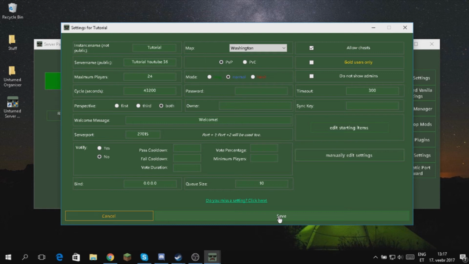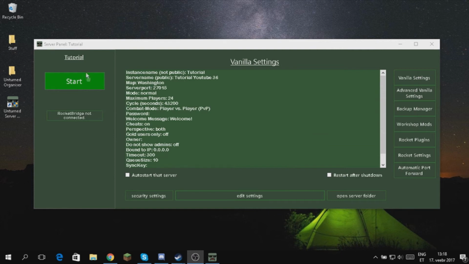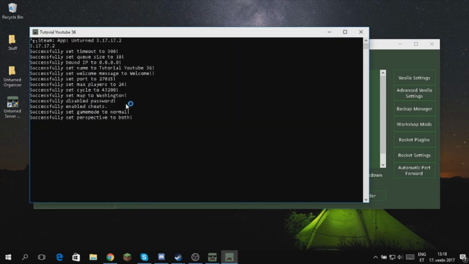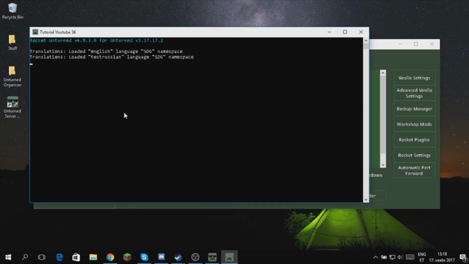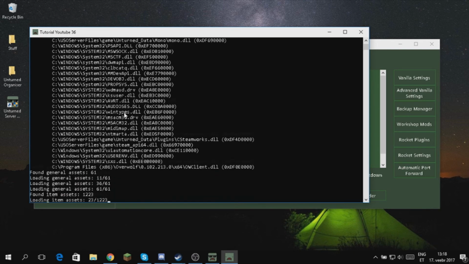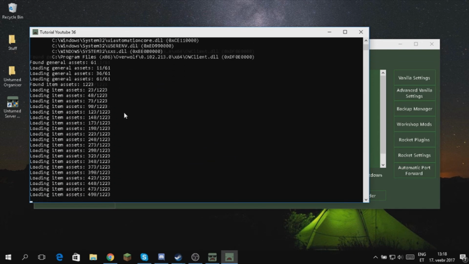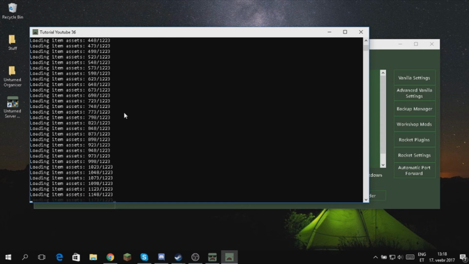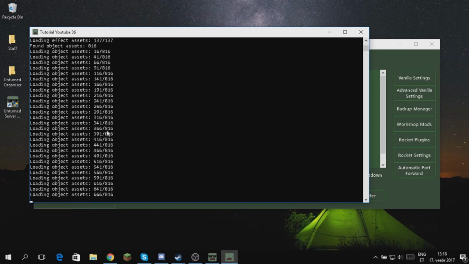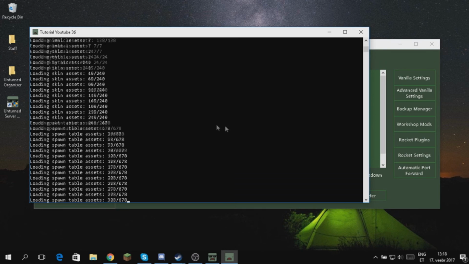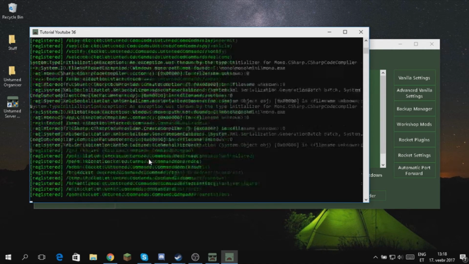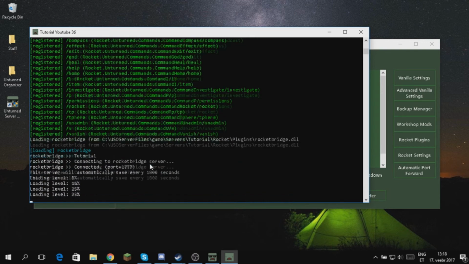Click save after you copied, and then click start. It will load up. And I will see you in Unturned when the server is up, so see ya.